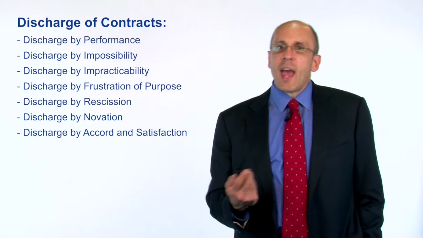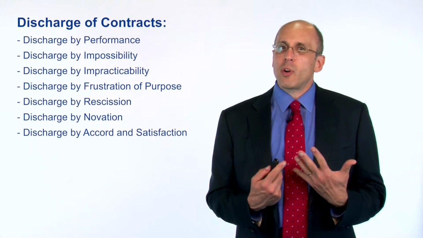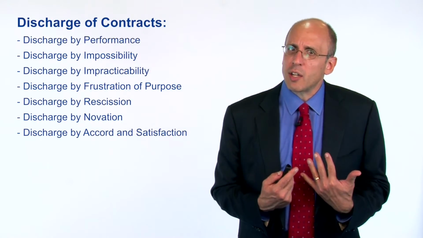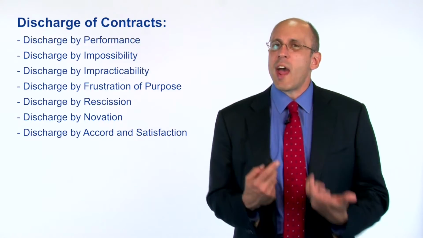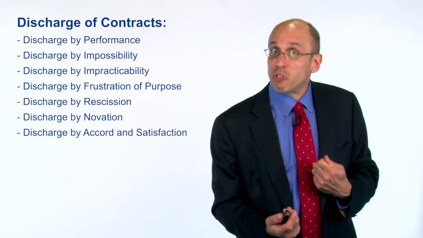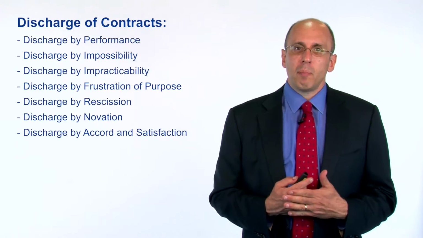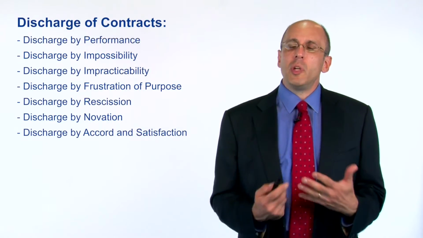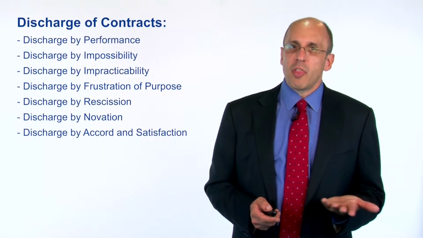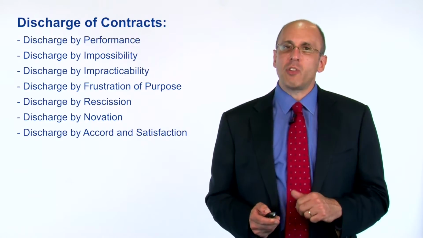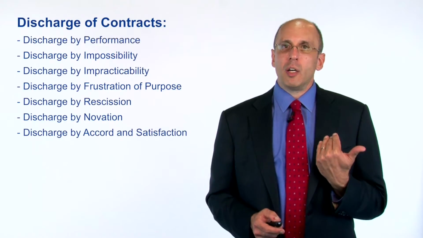In analyzing whether to do that, a court will ask whether it was really a basic assumption of the contract. Was it really unforeseen? Is it really true that it's now impossible, or is there some way? Could we get another sailboat, for example, to do the contract? Is it really true that neither party explicitly assumed the risk that this thing would happen? But assuming all of that is true, then it may be that it is now impossible for the contract to